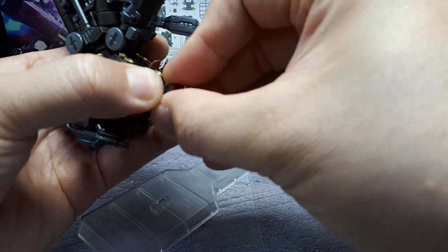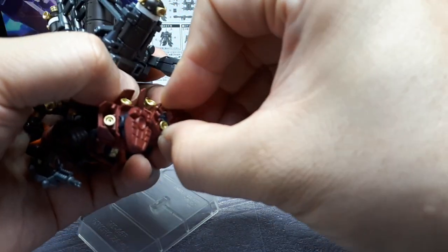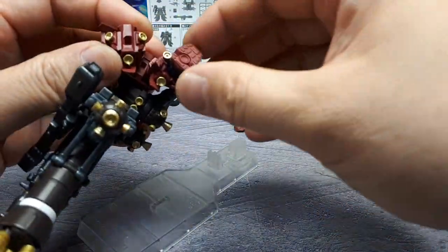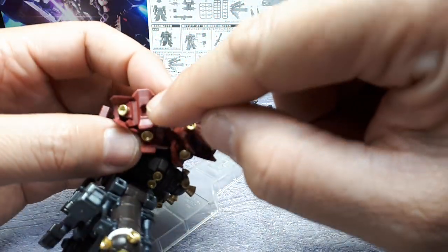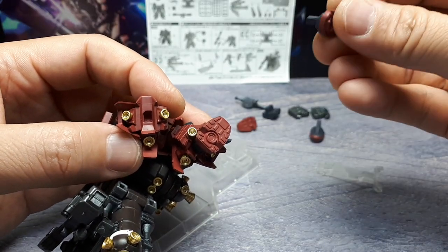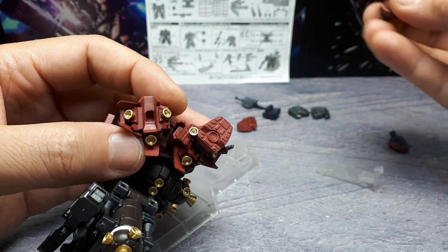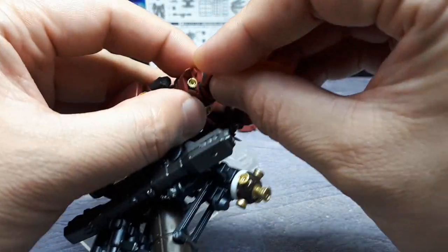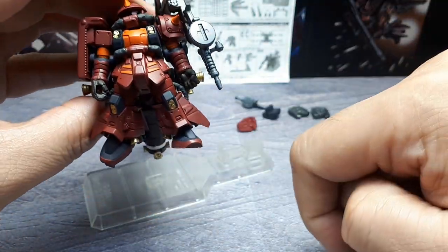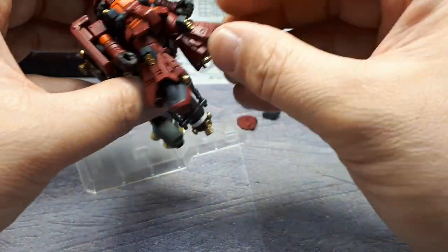Paint is stuck again. Come on. Oh man, that is tight. Oh, this one. That one came out. There's like a cut off rectangle shape there. It's not this side, it is this side. Alright, so that's the difference. Yeah, dangling feet versus standing feet. I think you could just do both, but